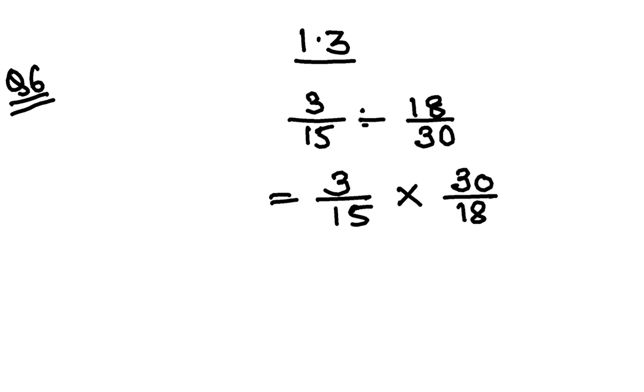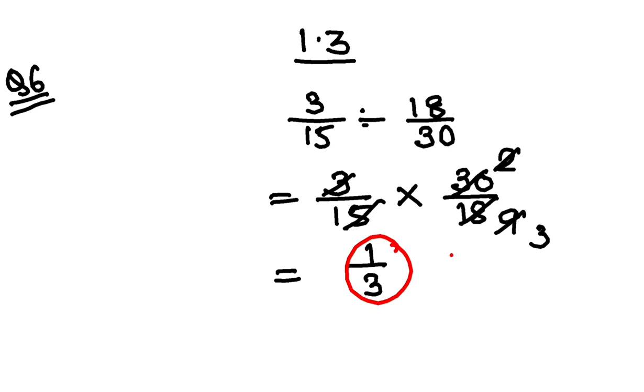Okay, so 15, 30, 2 times, 2, 18, 9 times, 3, 9, 3 times. So my final answer in standard form is 1 by 3. And of course this is rational because it is in the p by q form, where p and q are integers and q not equal to 0. So this is also a